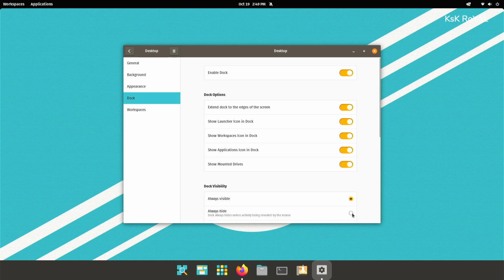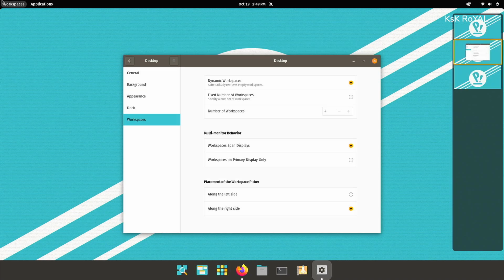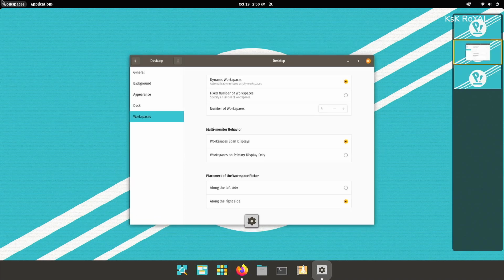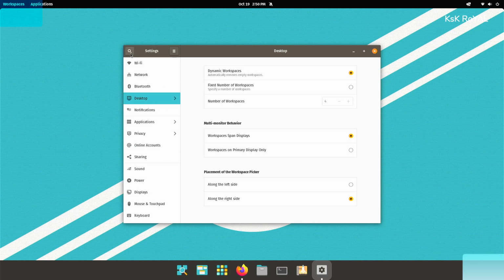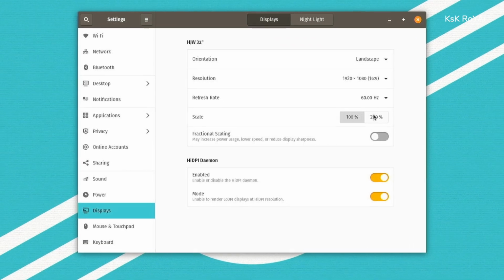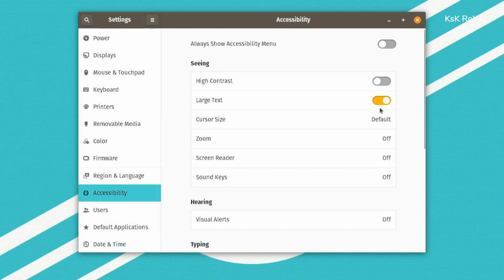There is an option called workspaces. Using this setting, you can tune the workspace behavior. This way, you can move the workspace controller to the left or right on your desktop screen with this option. Next up, let me go to the display setting. As you can see, fractional scaling is available, which helps in resizing the desktop screen according to your taste. This could be extremely beneficial on huge monitors. And these are some of the new settings that you could use to customize Pop! OS to look much better.